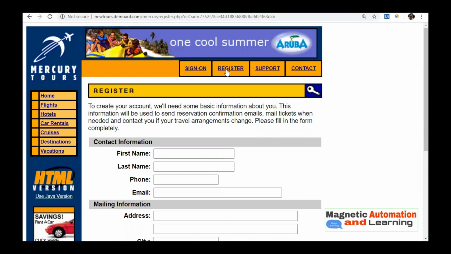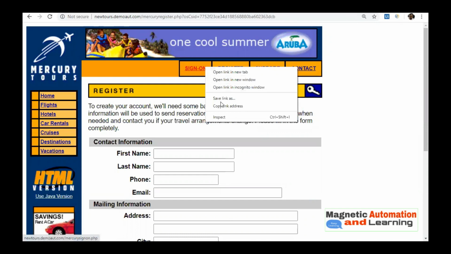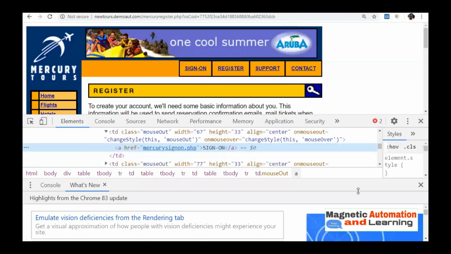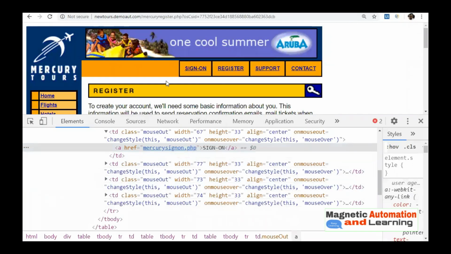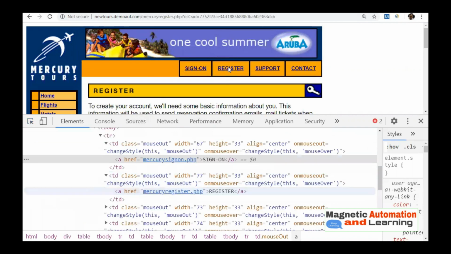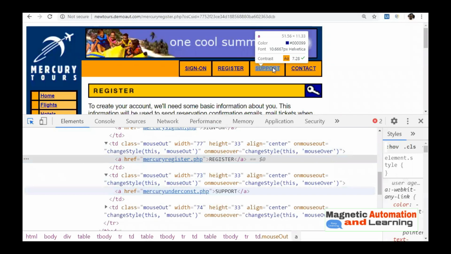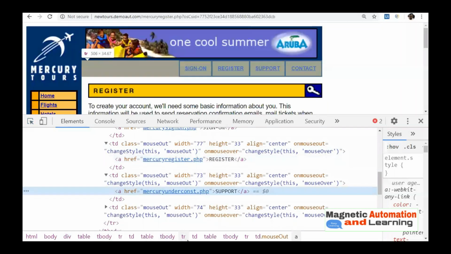Links are used for what purpose? Connecting two pages. If you do inspection, you will get a little more idea. See, I did inspection here. What I'm getting here, it starts with the tag name A, and it has some href. After clicking, it has to move to some other page. That page URL is mentioned here, and Sign-on is the text that is visible to us. Every link is going to have the tag name A. Always, you can see every link has the tag name A.